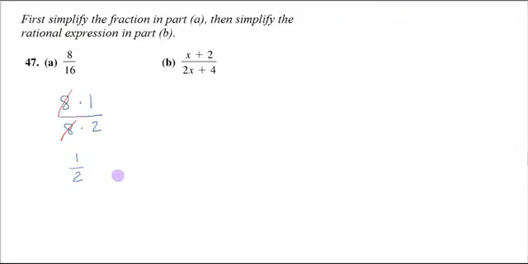Now, what gives you the right to be able to cancel those? It's because we have these multiplied right here. Okay? And I'll show you in a minute why you have to be very careful when you are simplifying fractions and rational expressions this way. Here, we have an x plus 2 over a 2x plus 4. Now what you cannot do is you cannot cancel those x's. You can't cancel these 2's or cancel this 2 into this 4 because, and write this down, you cannot cancel